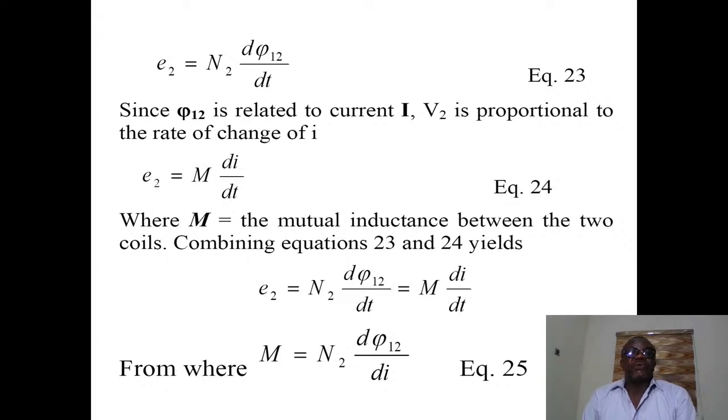So with that, we can see and develop an equation for the EMF developed in coil 2 as a result of the current coming from coil 1. And it is given as equation 23, which is E2 equals N2 dφ12/dt. Now, the N there automatically shows us that the number of turns is of importance. And because that current